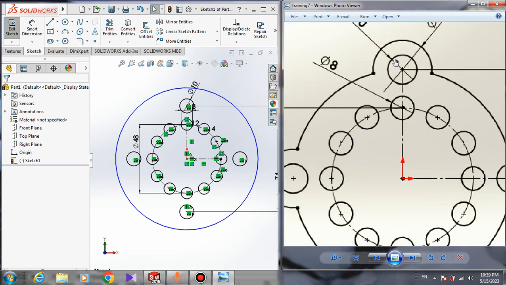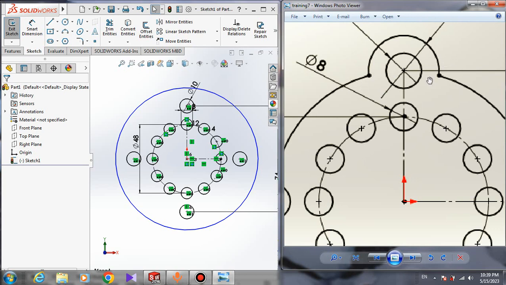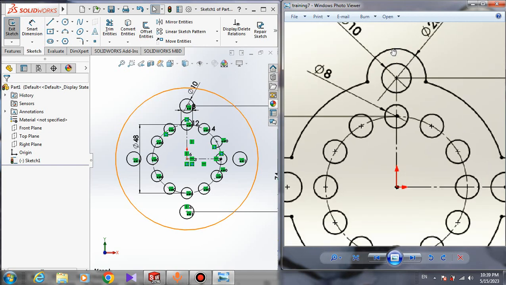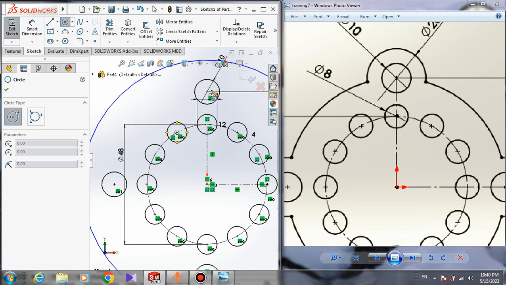So I'm gonna draw this arc here. So the center of this arc is concentric to this circle. So I draw a circle here,